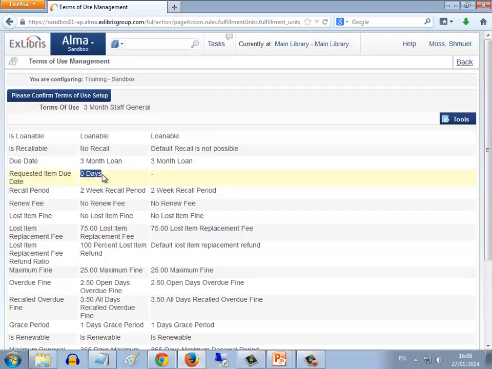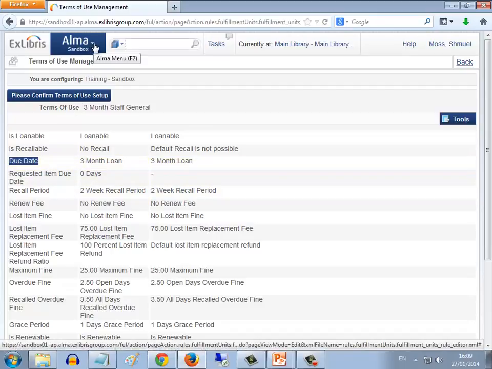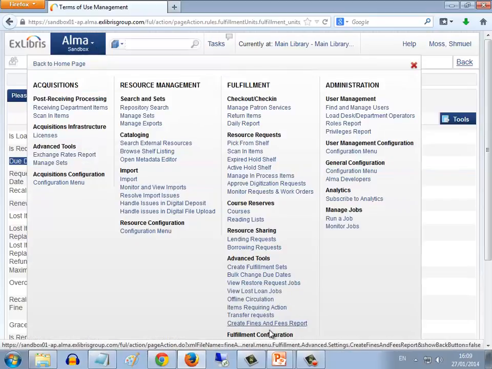Apparently, the intention in making this configuration was that there should be no different requested item due date. In other words, in the event that there is a request on an item that's being checked out, the due date should not be affected by the fact that there is a request. Rather, the due date that should be given to the loan should be the same as the due date policy determines. Let's take a look at that particular policy, the requested item due date policy, in the context of this